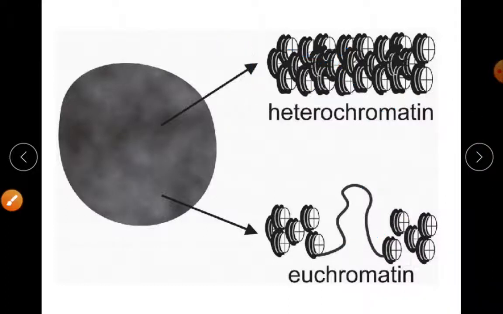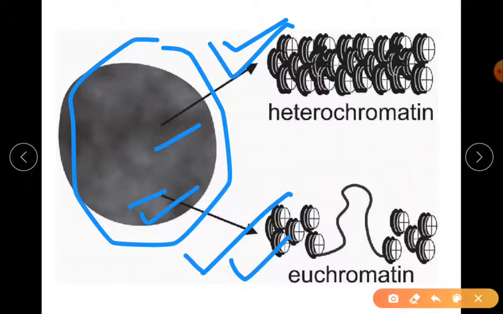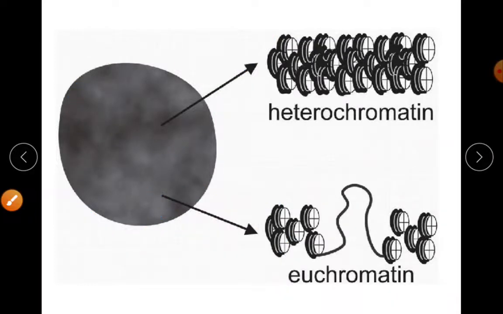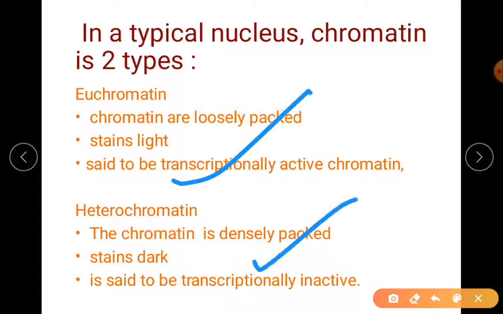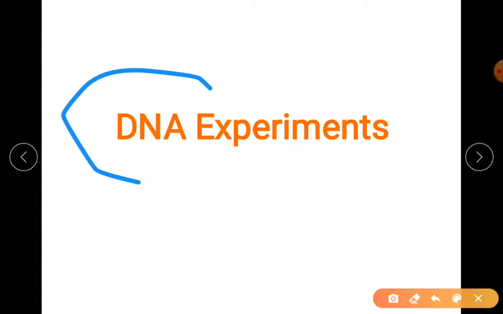Now coming to the staining part. Observe this patch. You can find some dark patches and some light patches. They have pointed dark patches for tightly coiled and light patches for loosely coiled. We are talking about the stain it takes up. Stain is taken up very well by heterochromatin and very lightly by euchromatin. I hope it is clear. I have given the differences very clearly here. Please go through it.